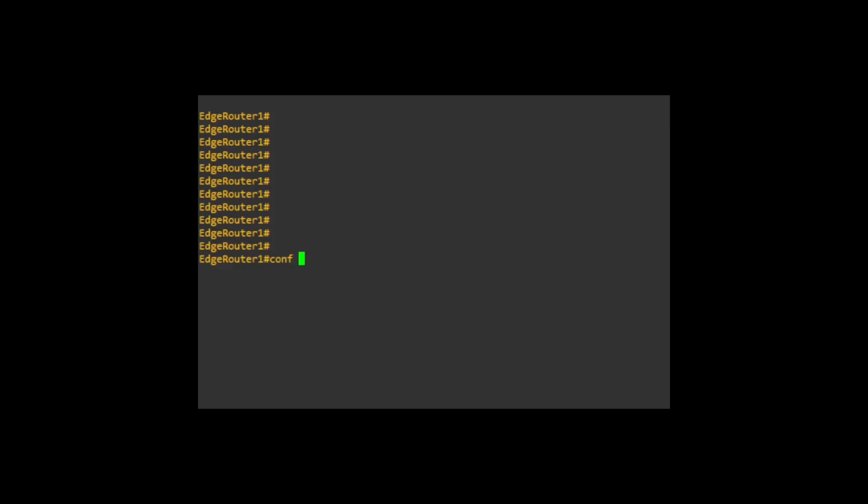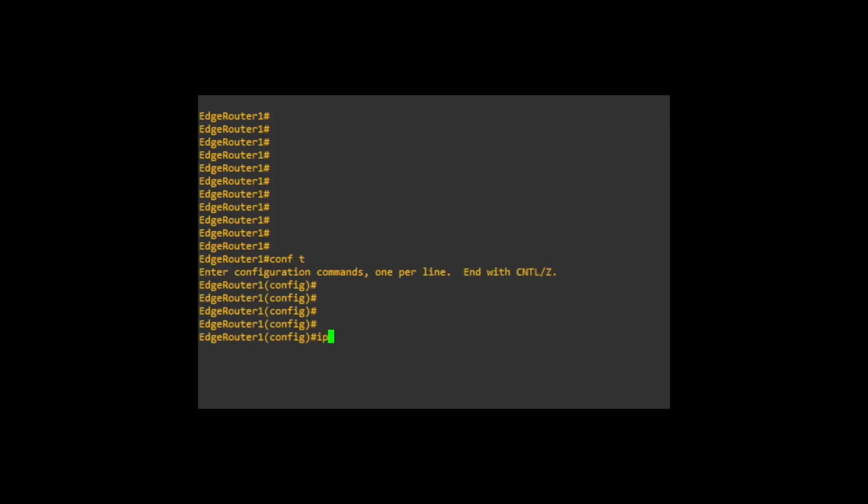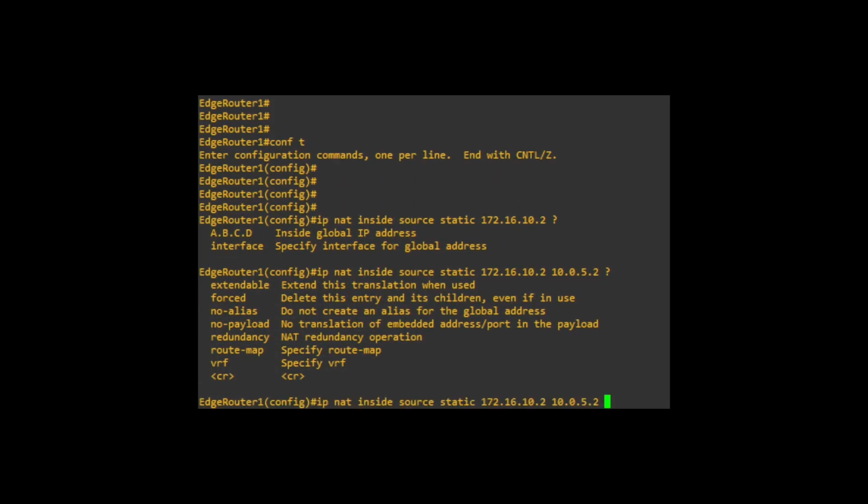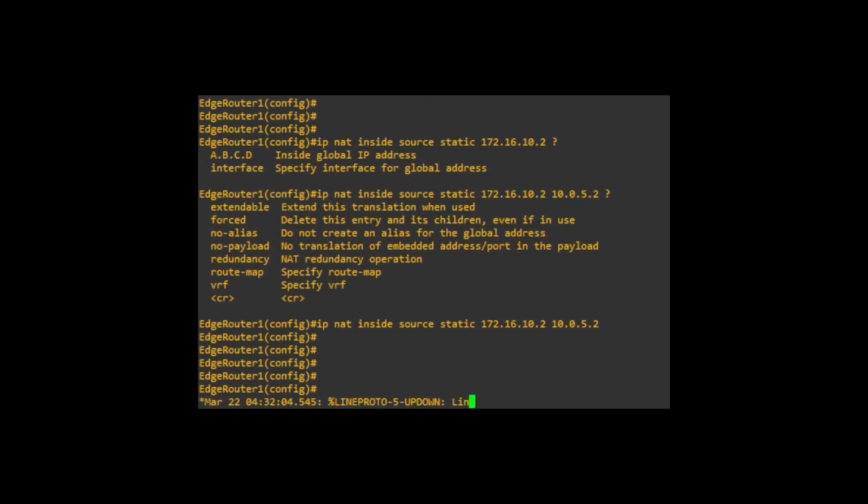But let's do conf t. I'm going to say IP NAT inside source static, and we want to set it to VPC6's IP address, which I think is 172.16.10.2, I want to say. And it's going to ask for the inside global address, which is going to be our public IP, and that's going to be 10.0.5.2. I think that is it. So yeah, we don't want to configure anything else there. All right, so those should be mapped,